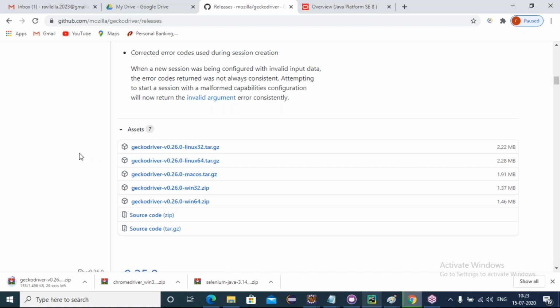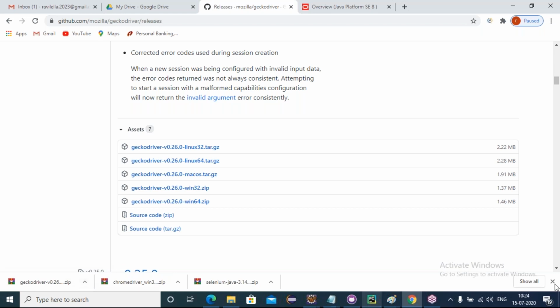Yes, perfect. Now the two prerequisites I have downloaded. One is the language binding Java 3.14.59, and I have downloaded the drivers for the browsers, Chrome and Gecko drivers, and we have discussed briefly where to download, when to download, all those things. If you want to see the change logs or the issue status, I have shown you everything very clearly. So everything is a zip file, friends. We have to extract them.